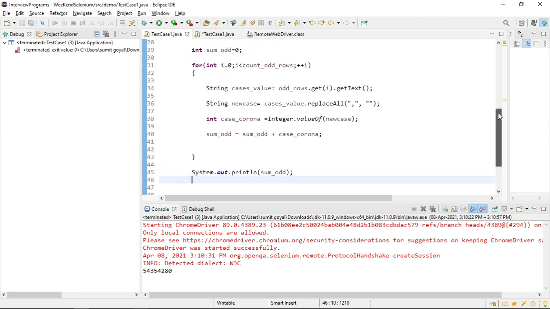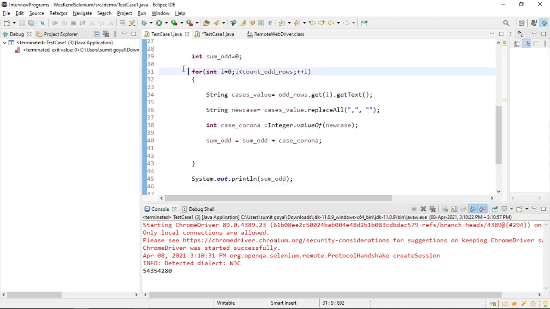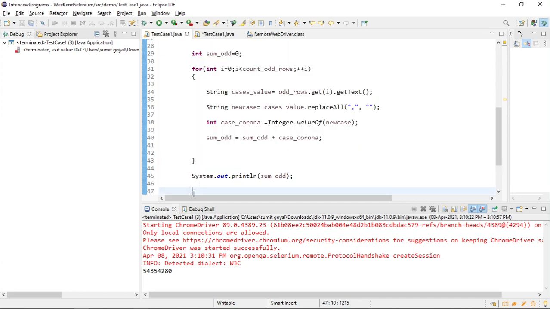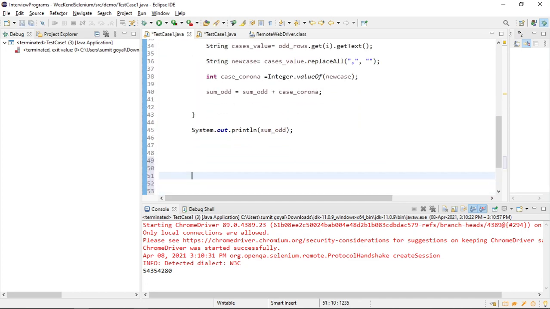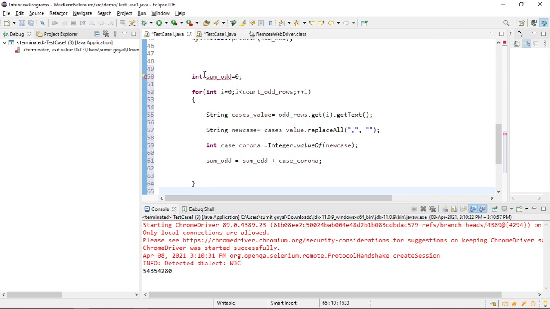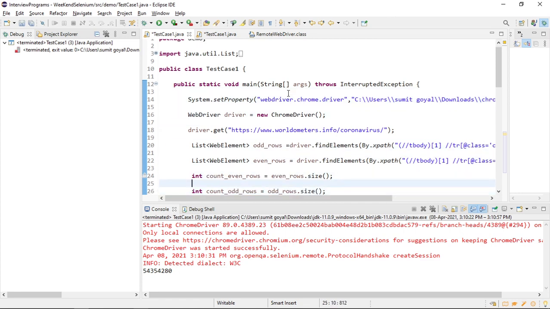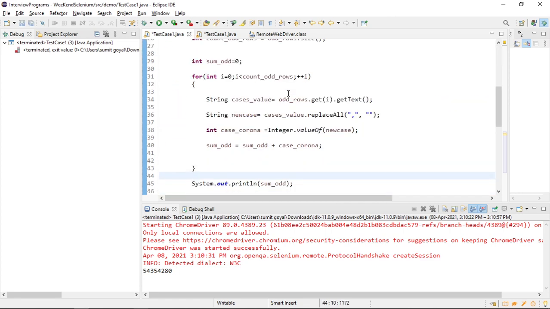To save some time, I will copy this. Now we are going to perform the same operation for the even number of rows. So I will paste it, and here I will just write sum of even and count of. This is the variable which we defined on the top, on the 24th line.